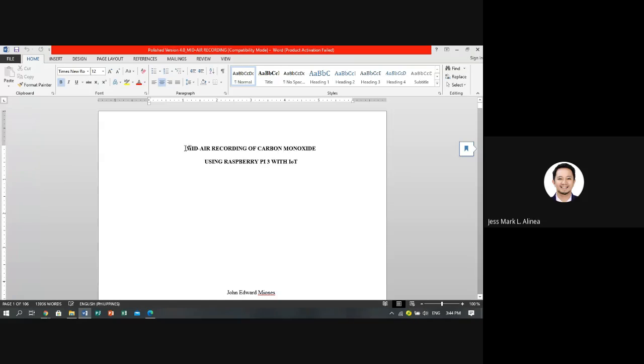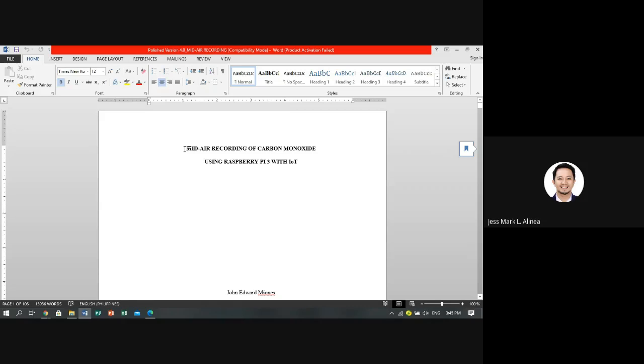Okay, so this is an example. Ang title niya ay Mid-Air Recording of Carbon Monoxide Using Raspberry Pi 3 with IoT. Okay. Ang problema nila dito, ang research problem nila, highly urbanized ang Lucena City.